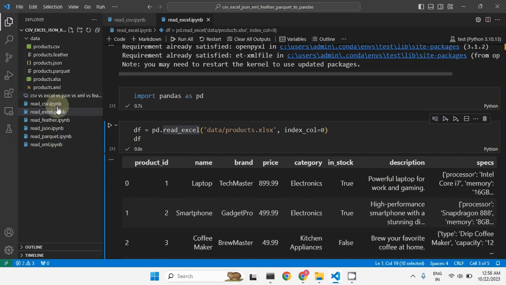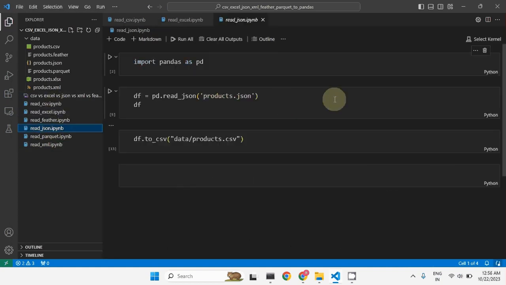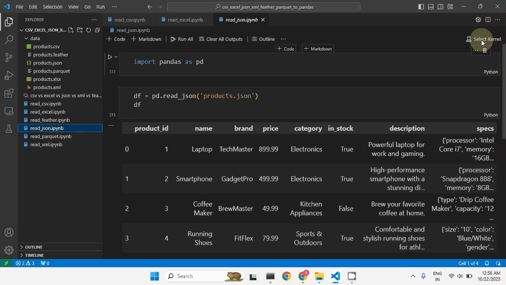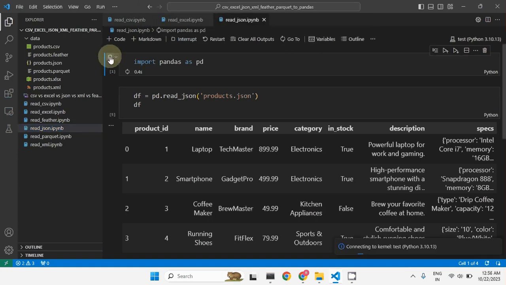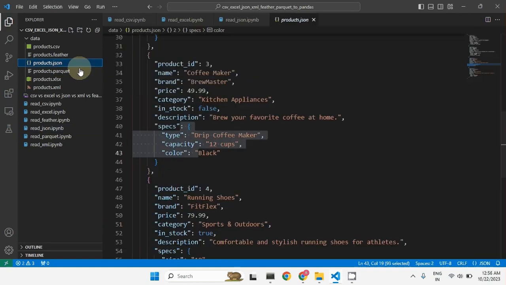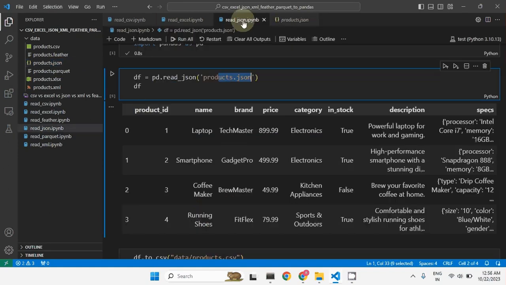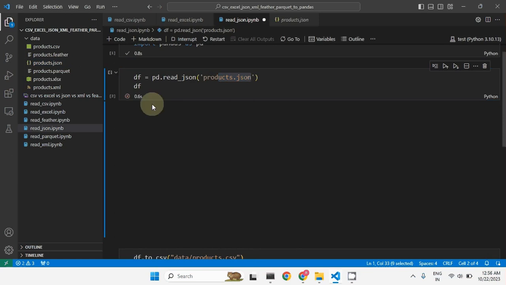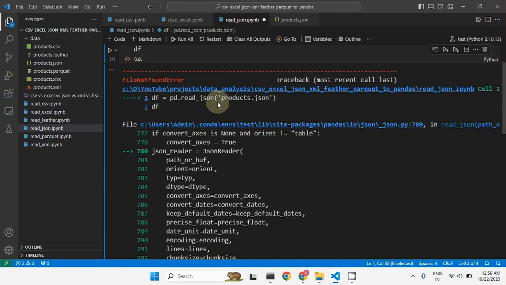Let's go for JSON. So in JSON, again, let me select a kernel first, and once the kernel is selected, import Pandas. The function available is called read_json, and you can give product.json. So the JSON file is this. So this file we are going to read now. And if we execute this, module not found,